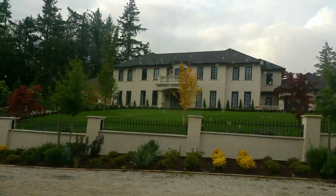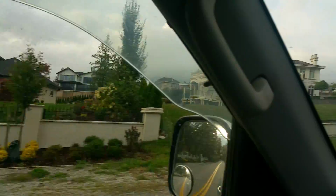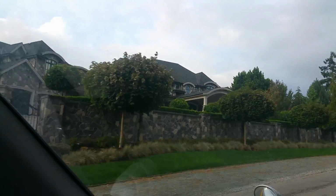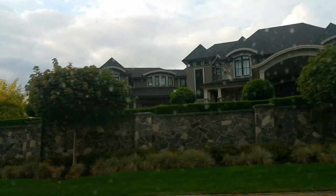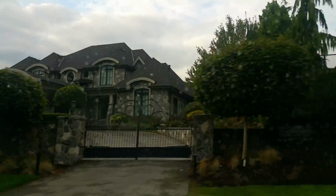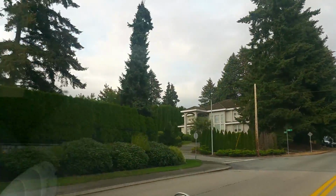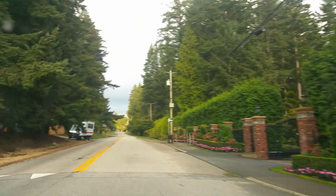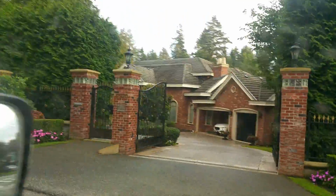It's not a road that is a high traffic area, so it's kind of hidden in a bush, in a forest. And you see these nice looking houses, and you think, wow, looks nice. And I can tell you, if you go to the UBC area, another famous place for expensive properties in British Columbia or in the Vancouver area,